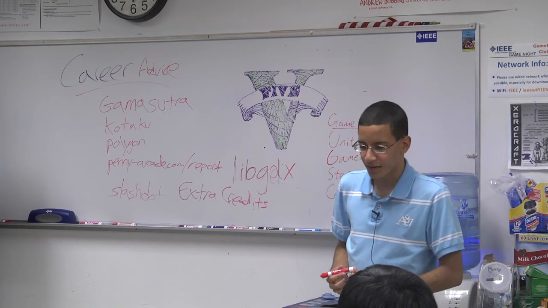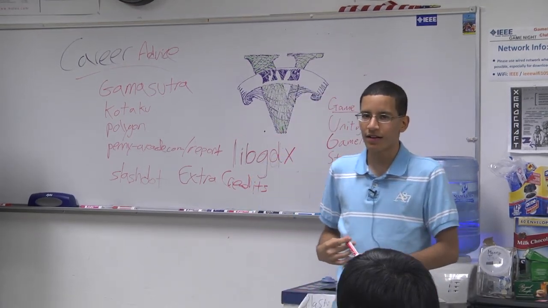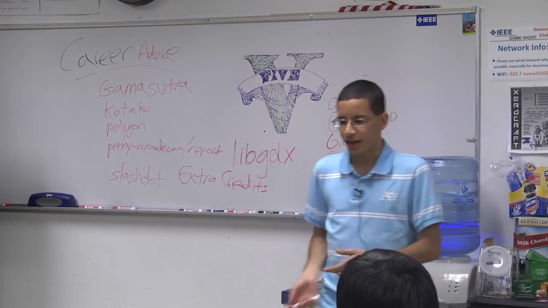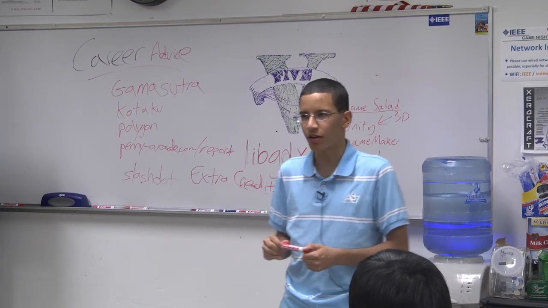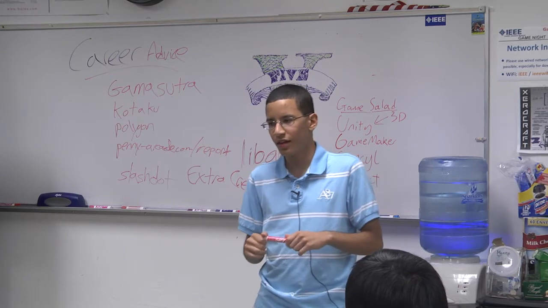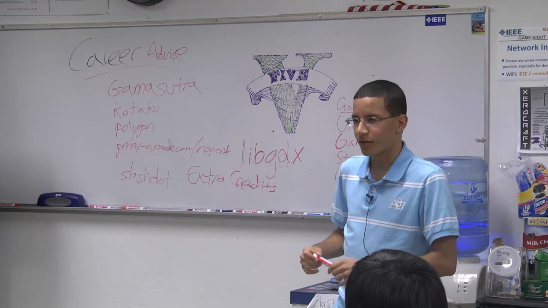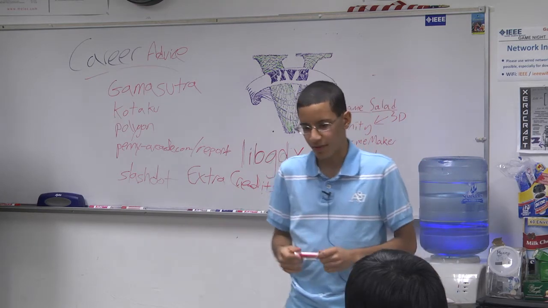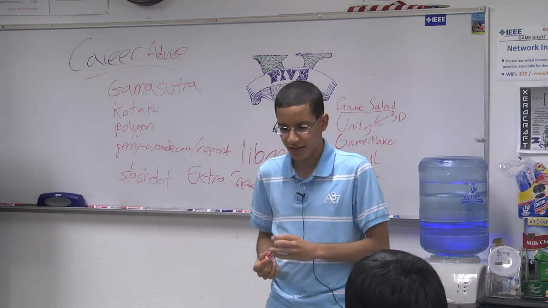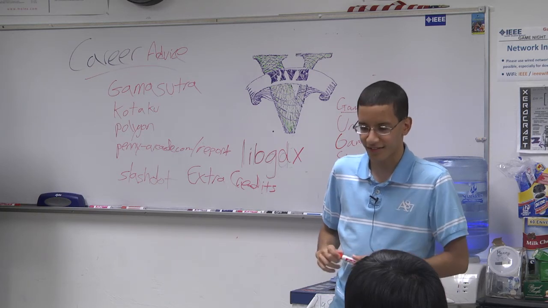Especially for programming. You can't just graduate with a CS degree and expect to get hired. You need to make sure you know the technologies that they want you to know how to use. And it also depends on what part of the industry you're going to go into. Do you want to work in mobile games? You need to know how to use the technologies for those. If you want to work on HTML5 or on consoles or on PC, you need to stay on top of that. You can't just start applying one day and realize, oh wow, I need a job, but I don't have any of these skills.